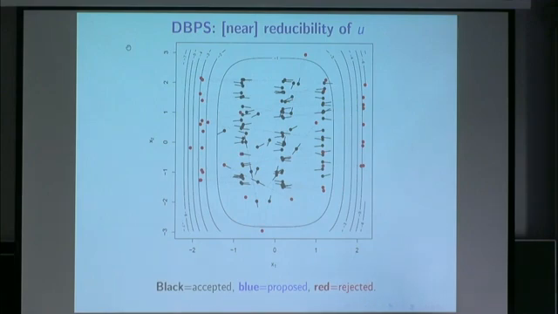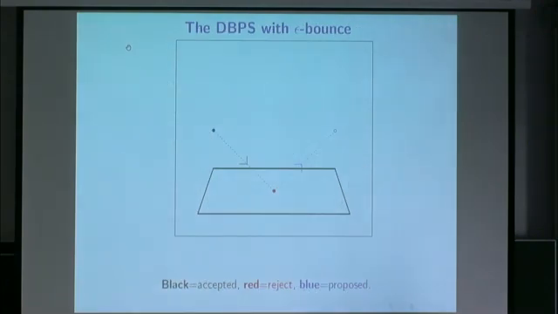So I'm going to say 2 methods to get around it. First is like Christian and Wu. It's one, but slightly different. So here's where we were. We proposed this. We rejected it. We have bounced. So we proposed that, we rejected, we did delayed rejection, and we've now proposed this. And the key to having almost 1 acceptance probability is that the height above the tangent plane here is the same as the height here. So you've gone the same distance in the direction of the gradient.